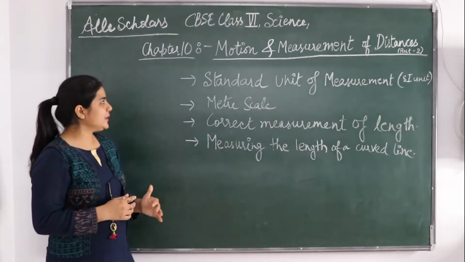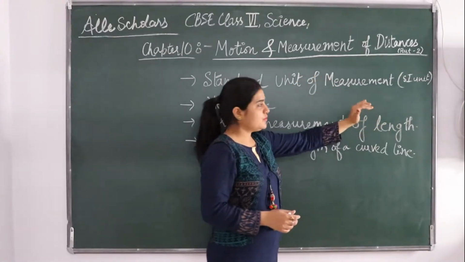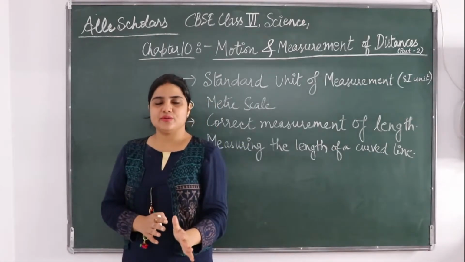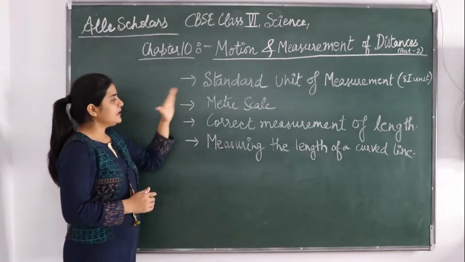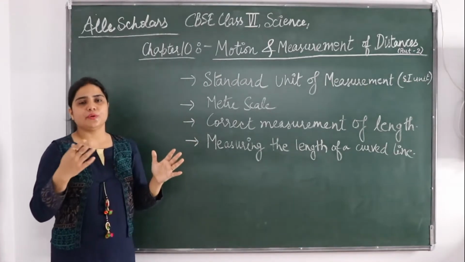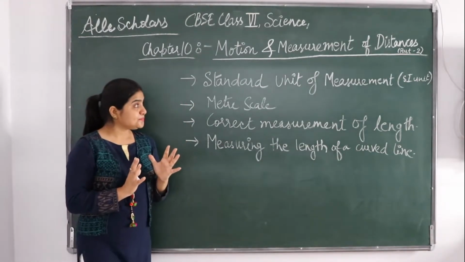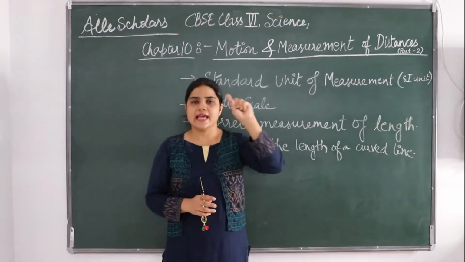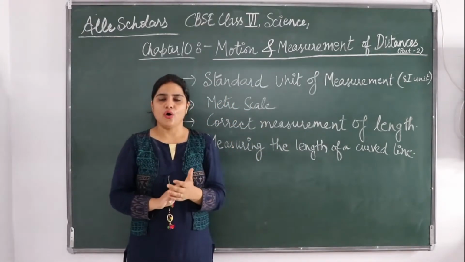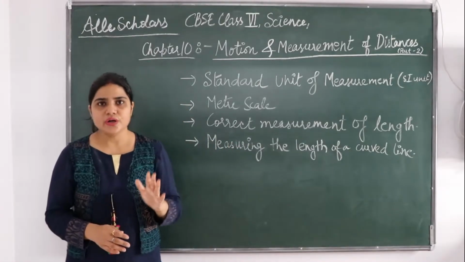But today what we are going to discuss is the standard unit of measurement, which is in short called the SI unit. So a standard unit of measurement was decided, because arbitrary units vary from person to person, from place to place. A standard unit for measurement was kept, which was accepted worldwide, and it is the same for all of us. It does not vary person to person or region to region or country to country.